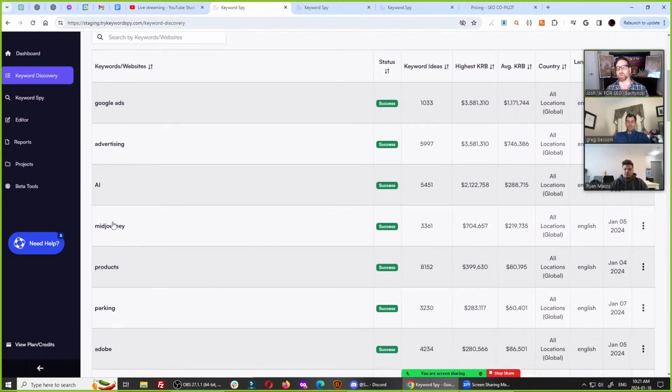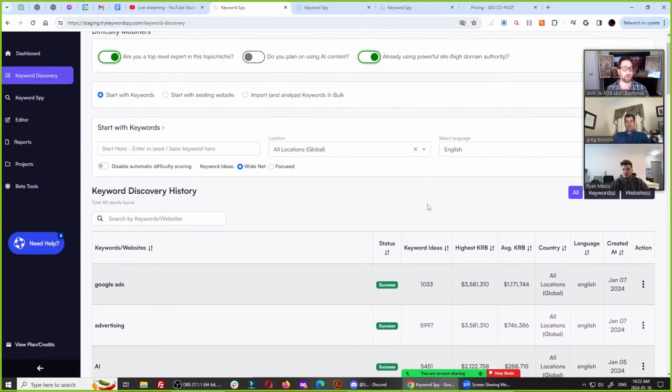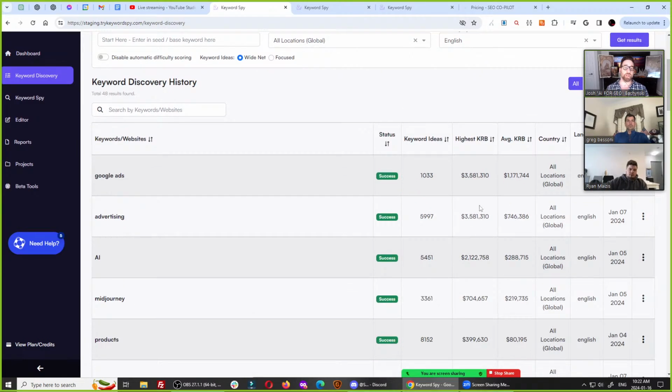But you're like, okay, what if I make a site on Midjourney? There's a lot of money behind Midjourney, surprisingly. I can make a site all about Midjourney. I can rank for Midjourney queries. And then I could either rent those pages out to people who are trying to do Midjourney services, or I could sell those sites for people who want to rank for Midjourney queries.